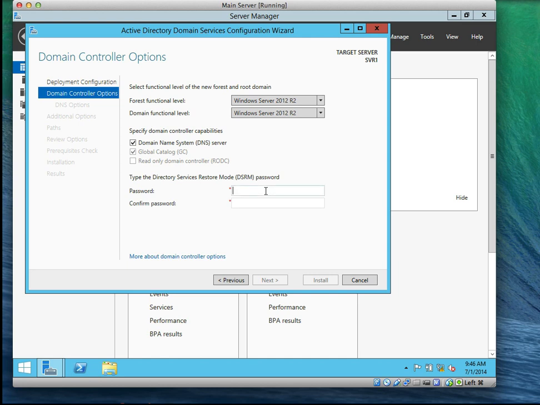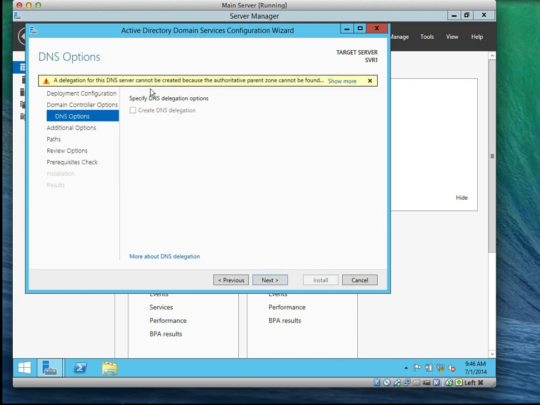Now, you remember the password, right? For what? Disaster recovery, right? If you want to do directory service recovery. So let's put the password again, the normal password you use in logging in. Capital letter P-A-dollar-W-O-zero-R-D. When that is done, we click on Next. Of course, it brings up the